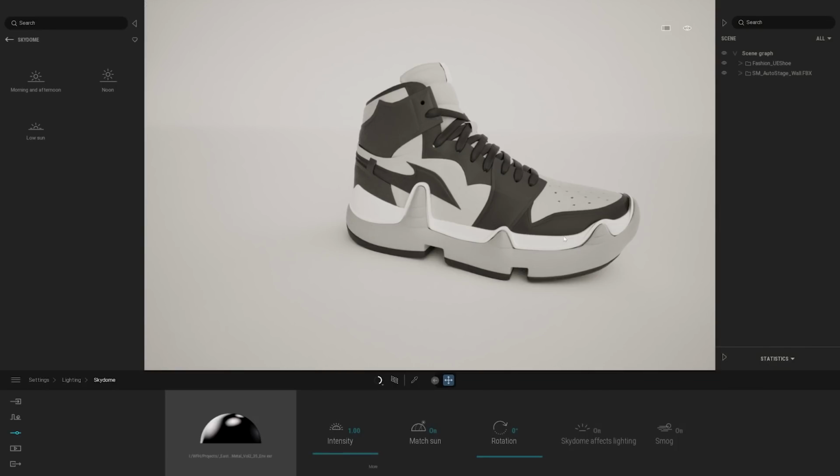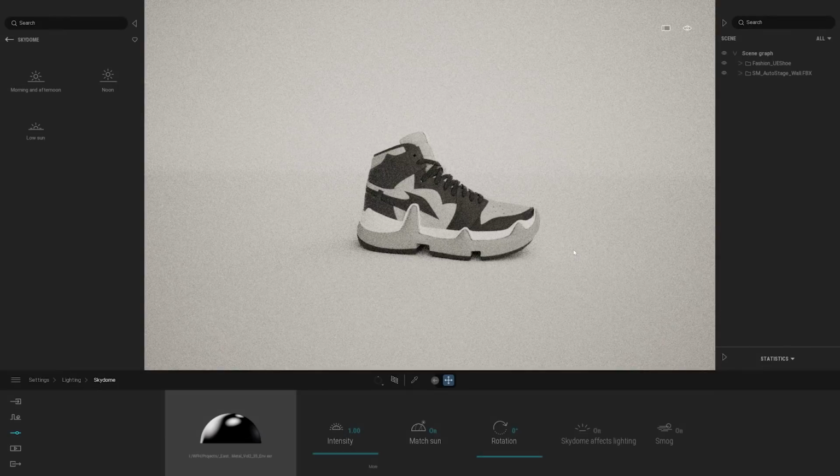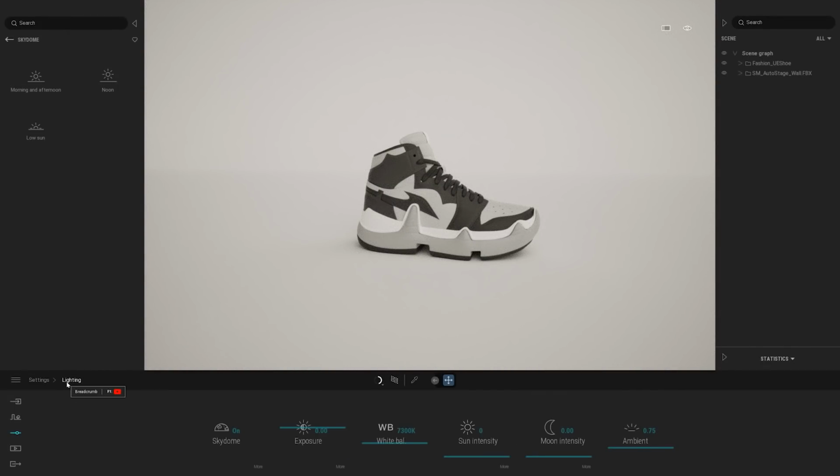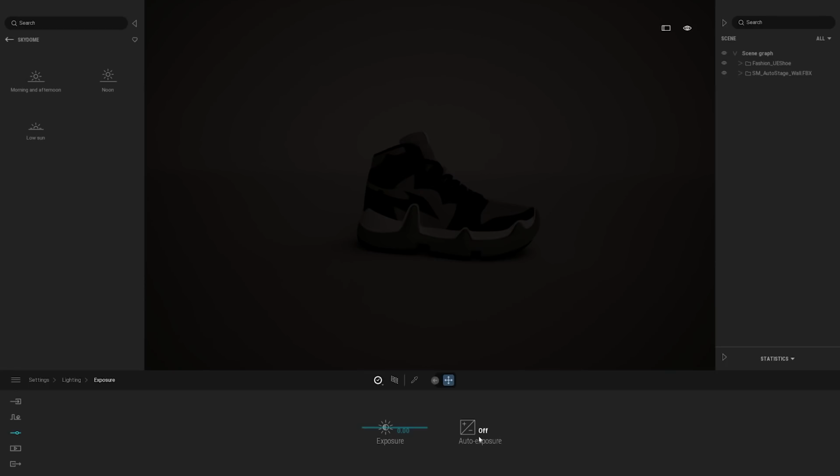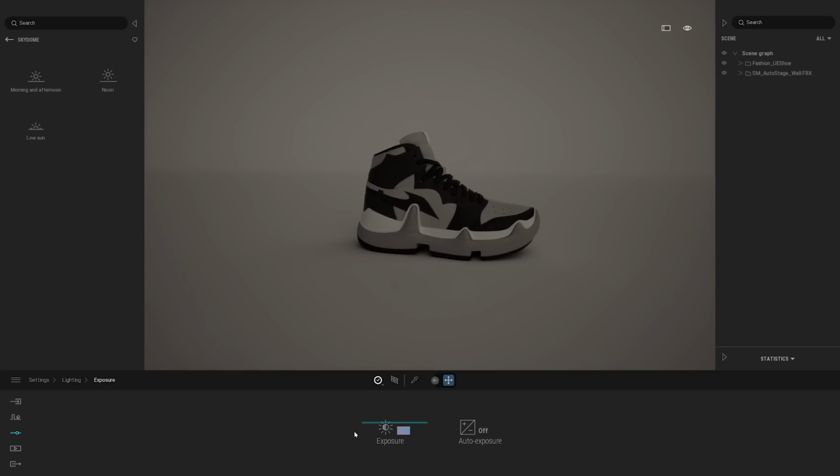But for my pack shot, what I want to have is a background fully white. So for that, the first thing I want to do is actually get rid of the auto exposure. Indeed, I want to manually control it. So I'm going to disable that. And right now, as you can see here, it's a bit too dark, so I'm going to raise the exposure manually, something like that. Not too big, because I also want to raise the luminosity created by the HDRI.